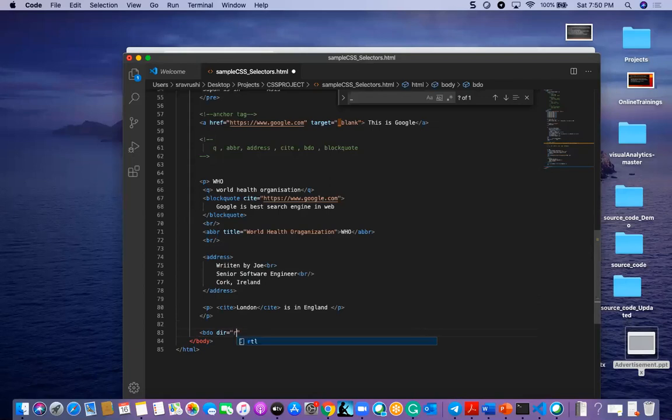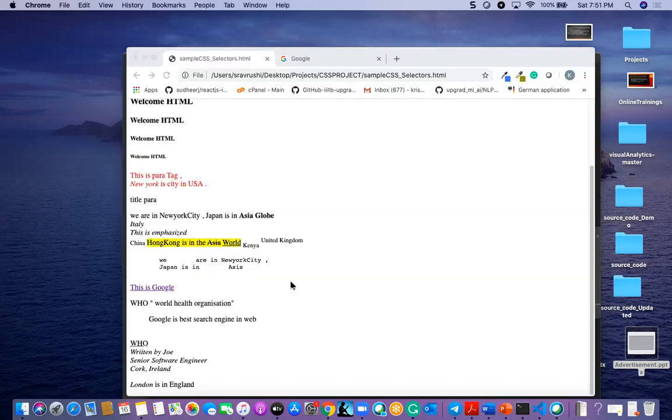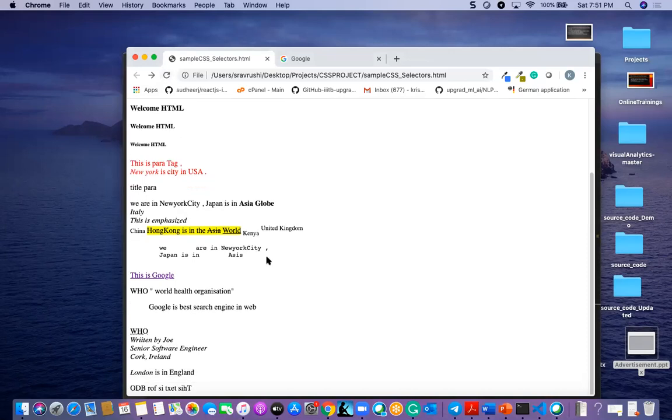Okay, RTL, right to left. So in this, I am going to write here this text is for BDO. So if I go and check this right to left, I'll be finding, yeah, from right to left it is like this.